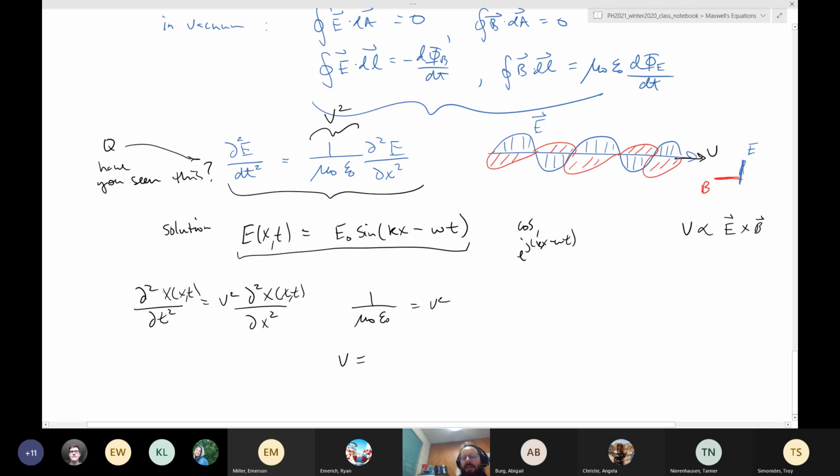So if you want to find the speed of an electromagnetic wave, it equals 1 over the square root of mu naught times epsilon naught. So if you put your numbers in here, 4 pi times 10 to the minus 7 times 8.85 times 10 to the minus 12, you will get out the speed of light, 3 times 10 to the 8th, which is pretty cool, that the speed of light is predicted as a consequence of Maxwell's equations,